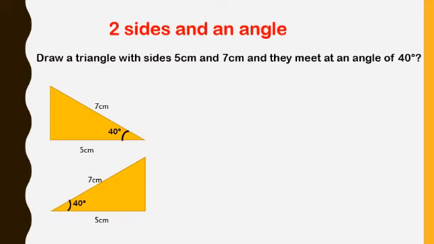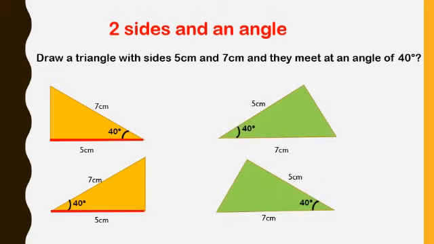See, here we get two triangles with the same base. In the first triangle, you can see 5 cm is the base and 40 degrees from the left side of the baseline. In the second triangle, you can see 5 cm is the base and 40 degrees from the right side of the baseline. As well as, let us draw another triangle with its base 7 cm. See, here also we get two triangles with the same base.